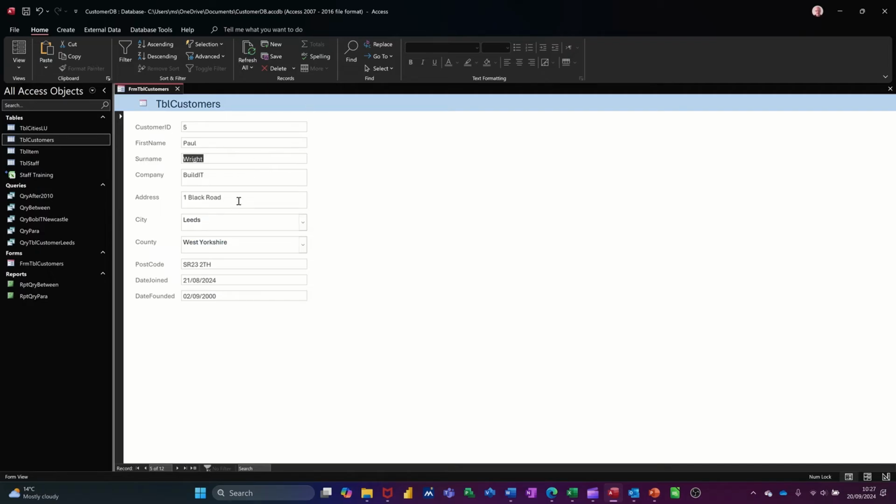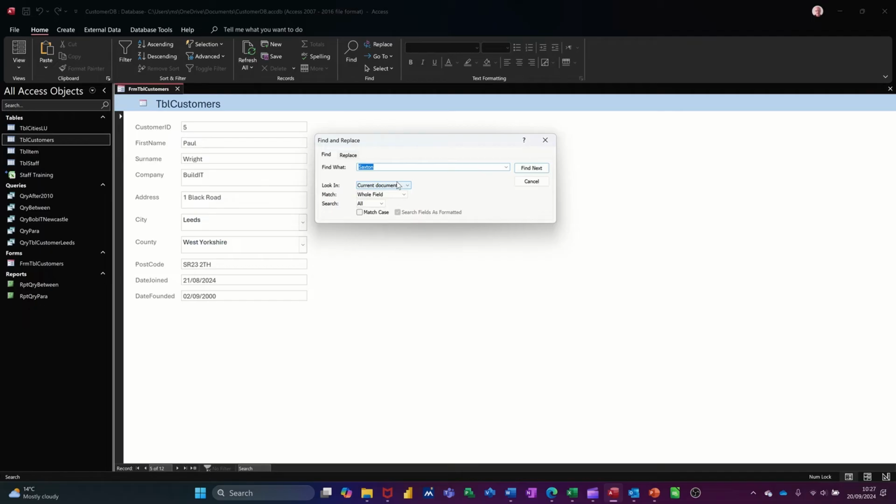And then click into a different field and do that again. So it's still remembering that name. If I find next, it just jumps back to that record because I've got it in the document. If I had that on the field, it would only use that field and it wouldn't find it. You've also got the replace option there. If you replace that name with something else, or it was spelt incorrectly, you could use this box to replace